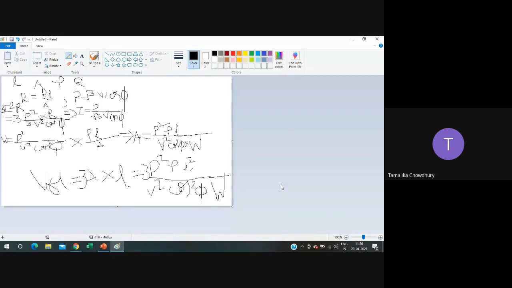Now, obviously we know that it is inversely proportional to the square of the transmission voltage and power factor, for a given value of power P, for a given value of W, the I square R loss, and for given values of rho and L, considering resistivity and length of the conductor as constant. So with P, rho, L and W constant, volume is inversely proportional to the square of the transmission voltage and cos square, the power factor square. I hope this part is clear.